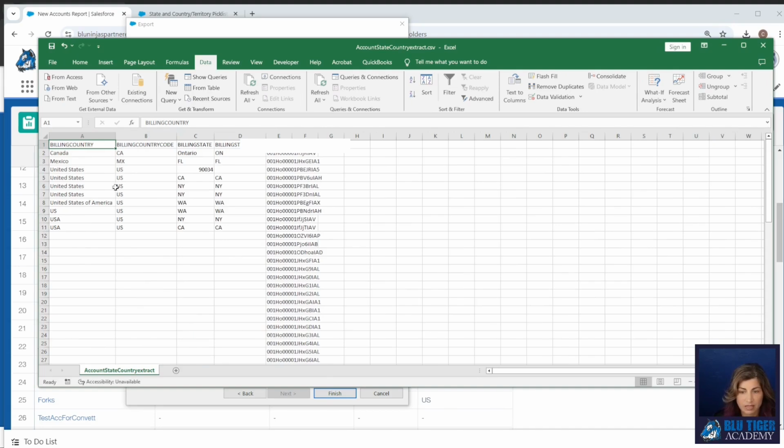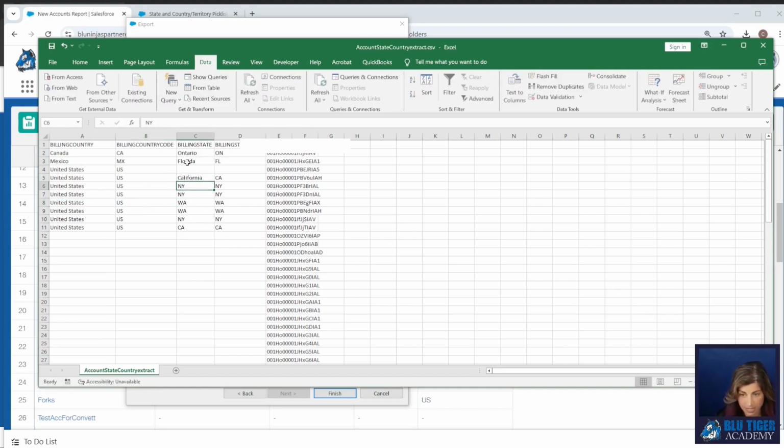So we can see that my billing country information is just wrong here. That is not going to be correct. So I need to run a mass update to fix these values and get them aligned with my country code. Now I also need to remove this out of here. And then I need to make sure that all of my states have the full name. And then this also is incorrect as well. So all of this data you will need to fix.